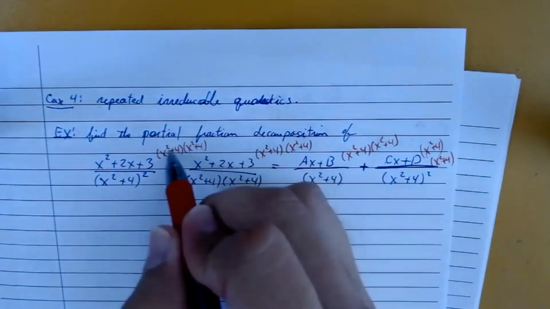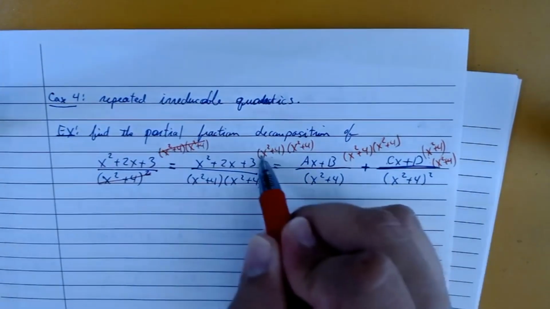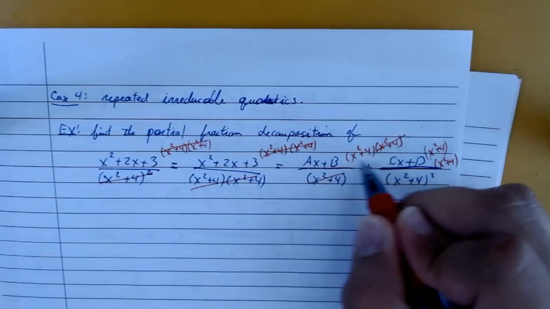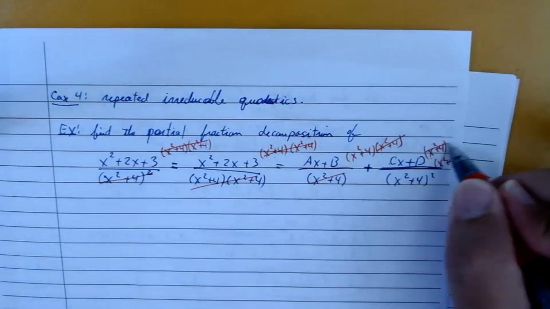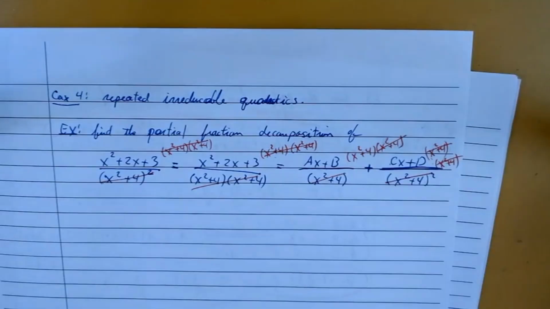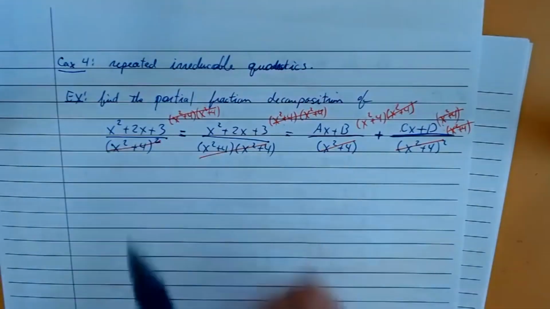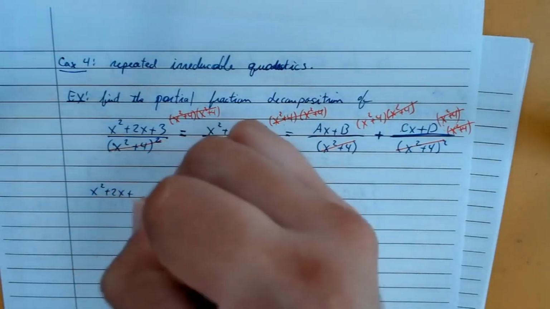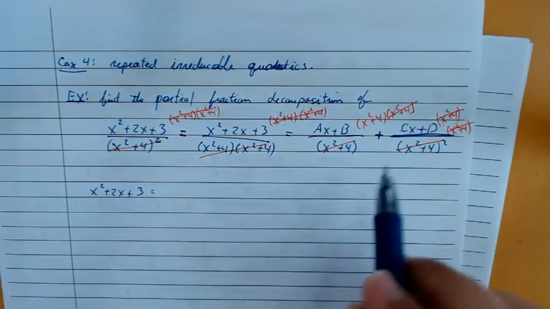Note here that all of these divide all of these. This one divides one of these, but there's still one left. And then both of those will divide both of those. So in the end, you're left with your original numerator, x squared plus 2x plus 3, is equal to